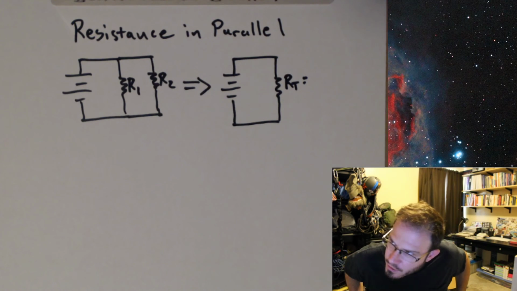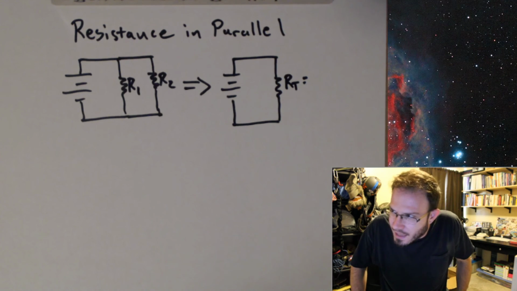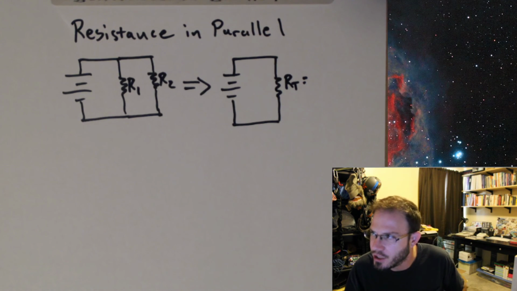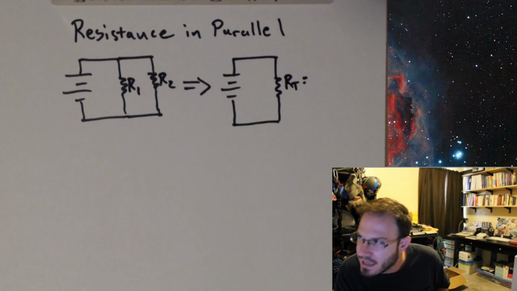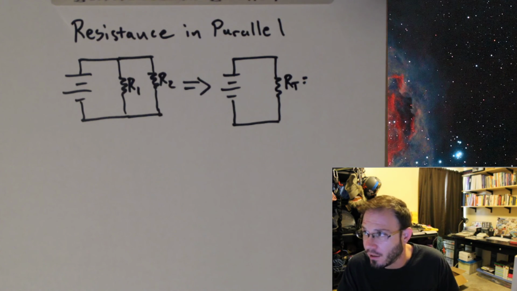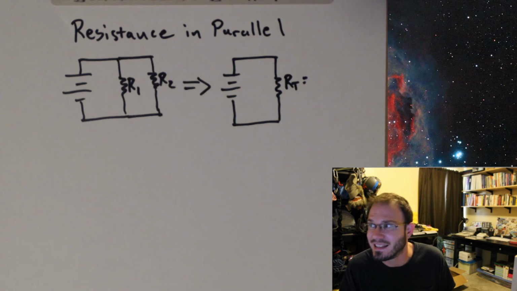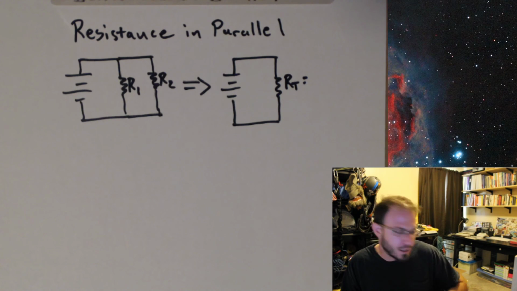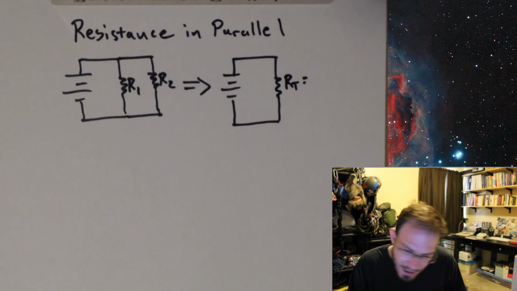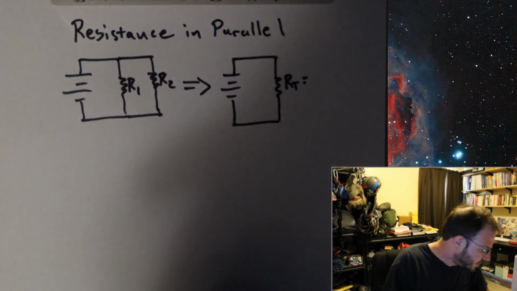Okay, so I can combine my resistances. Again, I can go ahead and do a reduction and make one resistor that's equal to 2 resistors in parallel, or 3 resistors in parallel, or the sky's the limit. However many resistances I have in parallel, I can merge them all together. Now, the general formula to do this